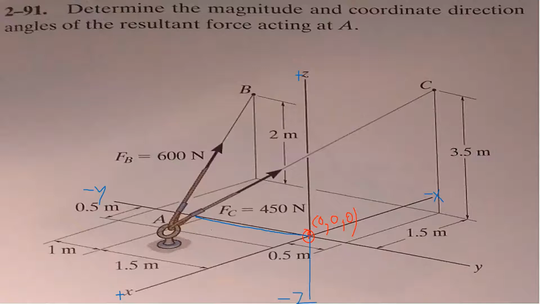You can see that to reach point A, we can go from here to here, and then from here to here. When you move from here to here, you are moving on the negative y-axis. When you move here, you are moving parallel to the x-axis, parallel to the positive x-axis. So you have moved on the negative y-axis, and the value for this distance is given as 1.5 meter. So we can easily put for point A minus 1.5.